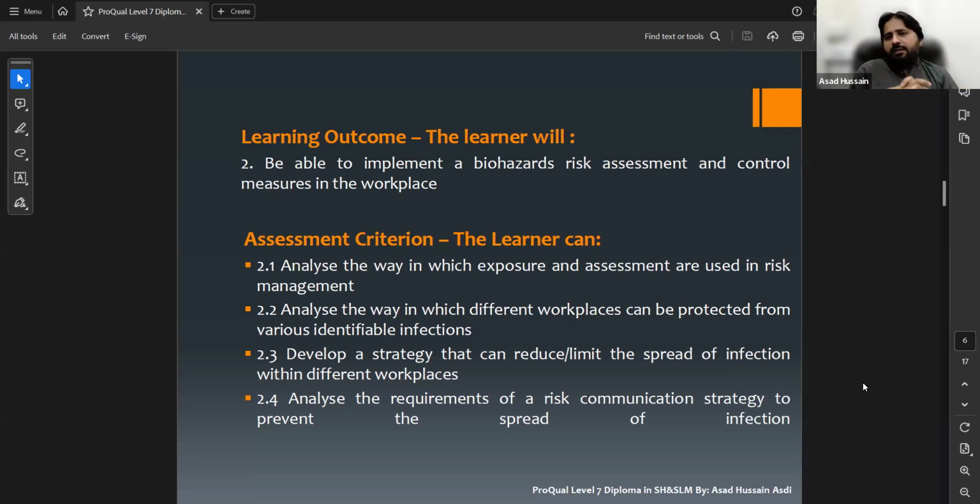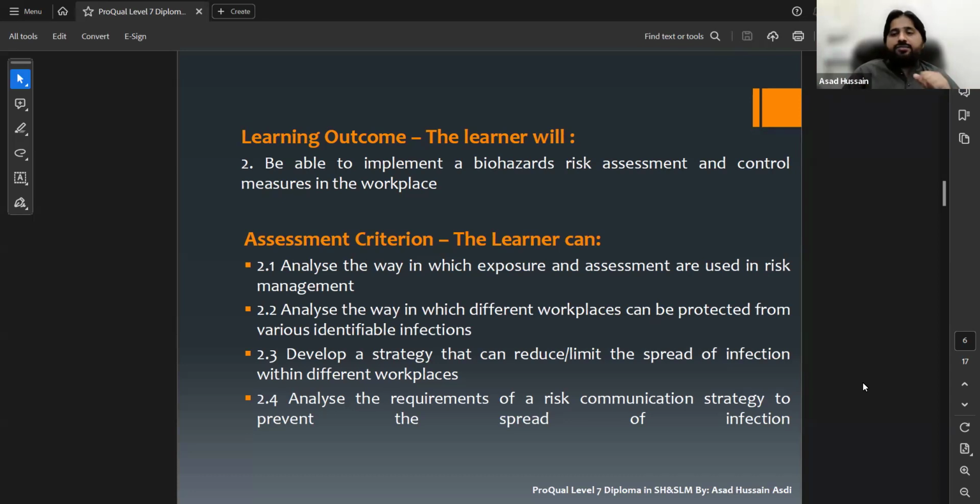So they should be able to develop a strategy that can limit the spread of infection. For example, in 2.2, we are discussing how to protect from various identifiable infections. Now, if some type of infection is present, then in that case, you should be able to develop a strategy, a plan to reduce and limit the spread of infection within different workplaces, just to control